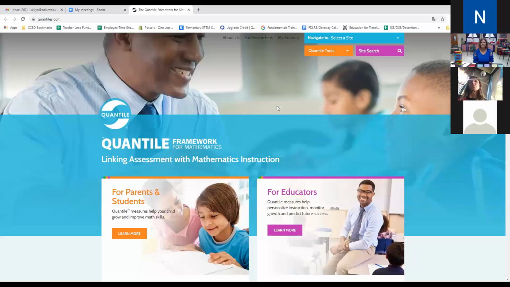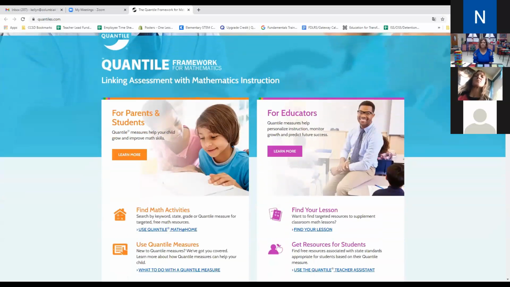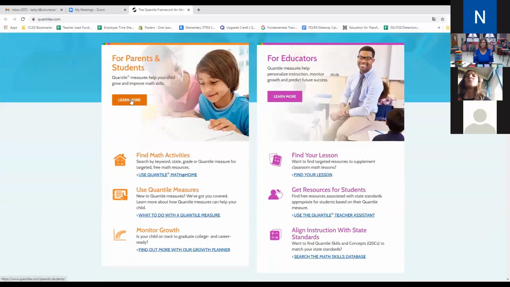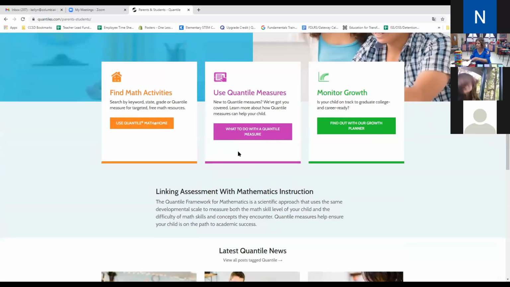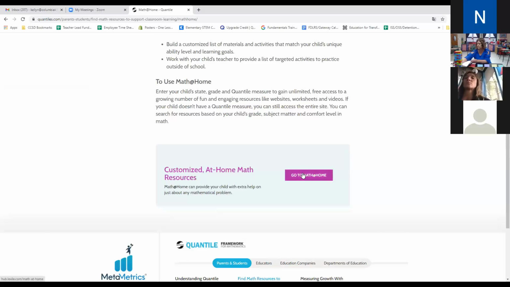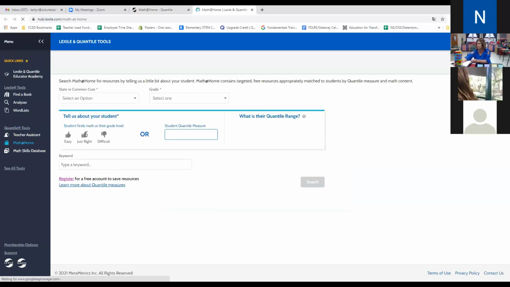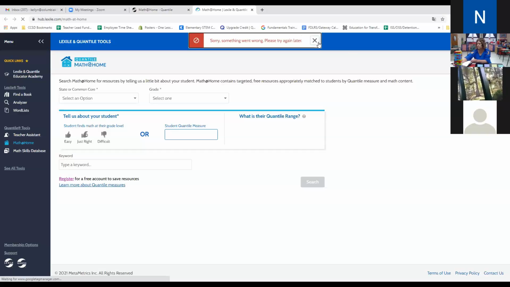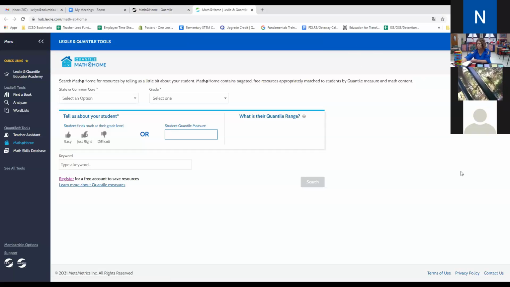Okay, you should see a site that says Quantile Framework for Mathematics. The site is really neat and it has resources that are helpful to parents. If you click on the section that says for parents and students, there's information on quantile measures and how to use them. But the section that I want to go through with you is how to use quantile math at home. What it does is it provides free resources that you can download and use, that you can print, or web-based resources that can be used